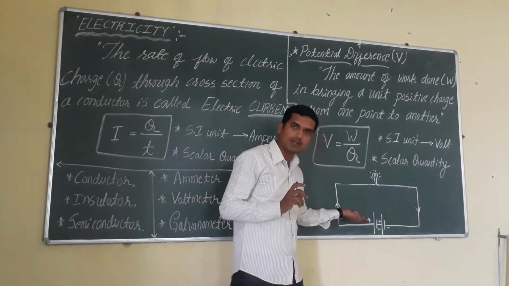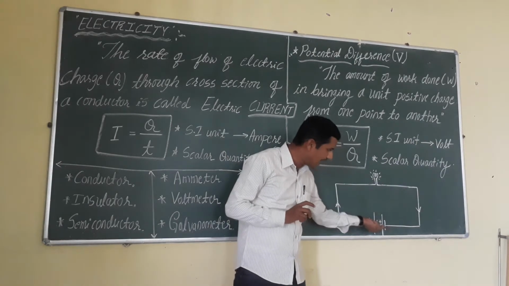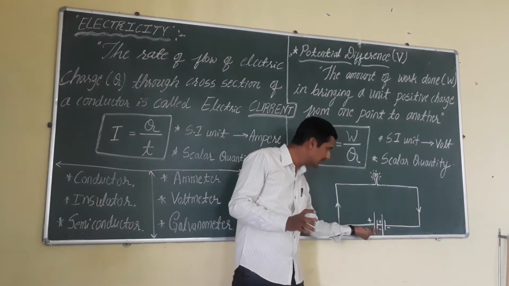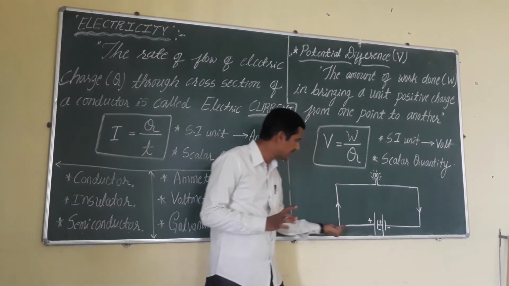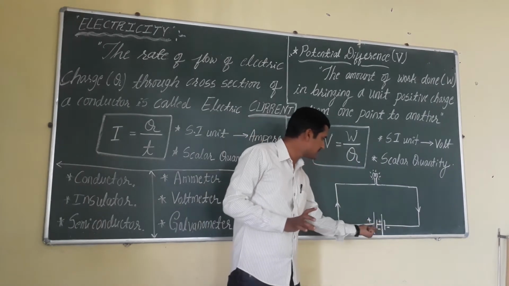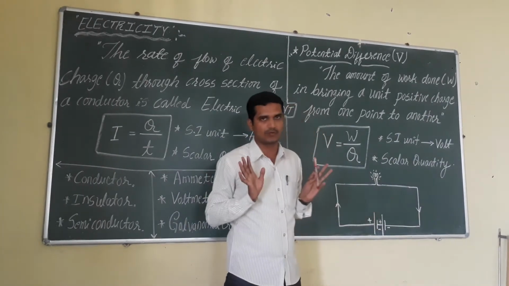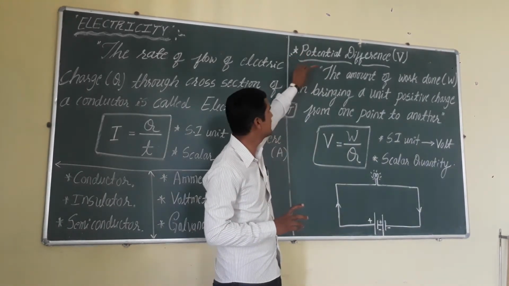This is the positive terminal of the battery. This is the negative terminal of the battery. Again, positive terminal and negative terminal. Generally, the negative terminal is always connected to the positive terminal of the next battery, this way. And this is a connecting wire. You can observe this is a bulb, and the current is flowing from the positive to the negative terminal of the battery. In this situation, we can easily understand the concept called potential difference